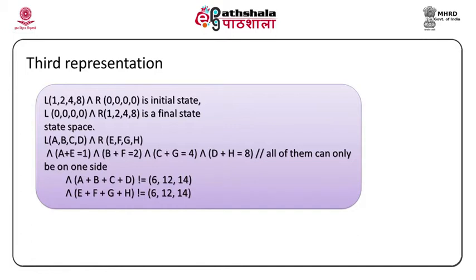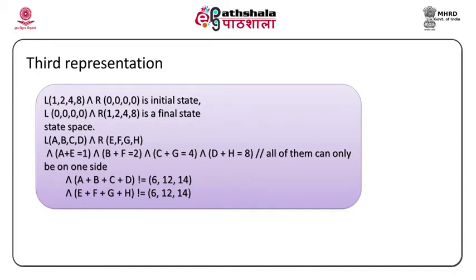Chicken is 4. That value we have assumed is 4. So it is either on the left hand side or the right hand side, so the total is 4. That means one of them is 0. Same for D and H, only the value is 8. Now the beauty of choosing these values